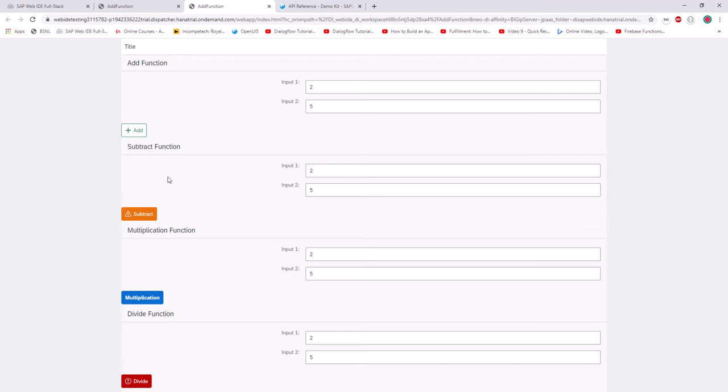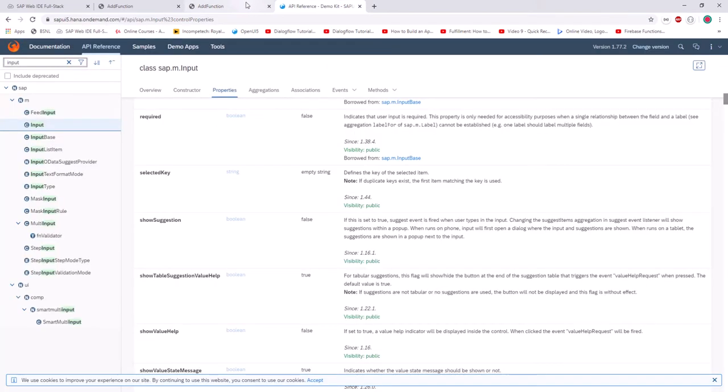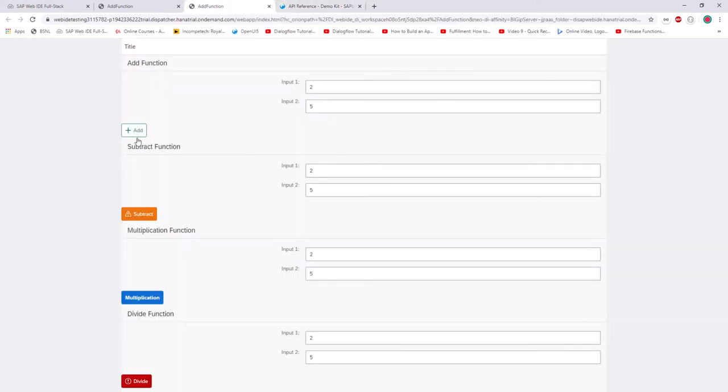I helped you understand how to use this SDK, right? So based on this SDK, you can simply create this view. Okay, let's start